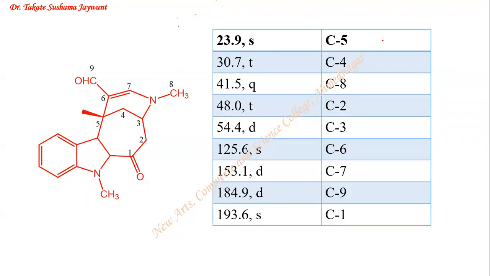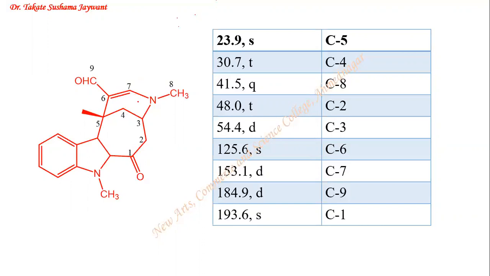In this case, for the first example, only partial data of the compound is given. Those carbons which have been numbered, their chemical shift values or their C13 signals are provided here. So we have to assign only the numbered carbon atoms. If you carefully observe the structure, we have two carbonyl groups, we have quaternary carbon atoms, and we have a methylene also, plus we have an olefinic carbon-carbon double bond.